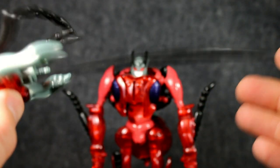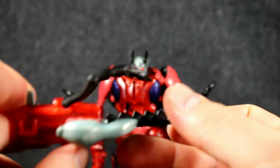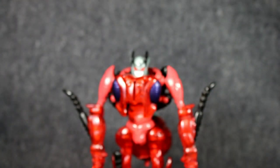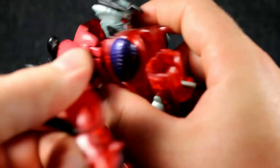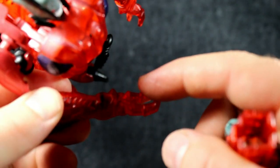So push it in and it will fire out, and it fires quite well. So push that in and fire that out. So that's his gun. For now we'll just put that back in the hole in his foot. It can sit there, and for him to hold the gun, bring up the hand there, and he just had